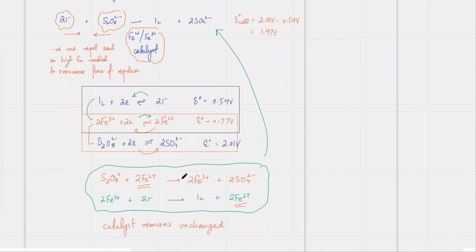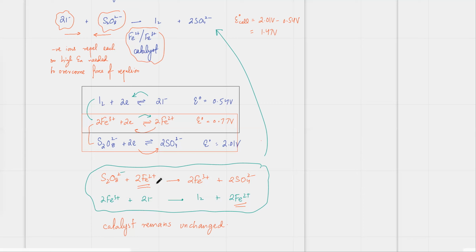Can anyone tell me why the reaction is faster? Any idea why the reaction is faster now? Previously you had two negative ions and they were not reacting with each other. So why all of a sudden has the reaction speed increased? Okay, the reason the speed has increased is that by introducing Fe into the whole reaction